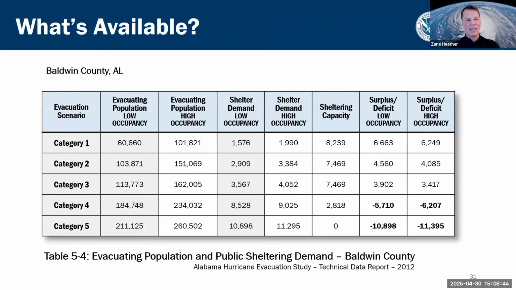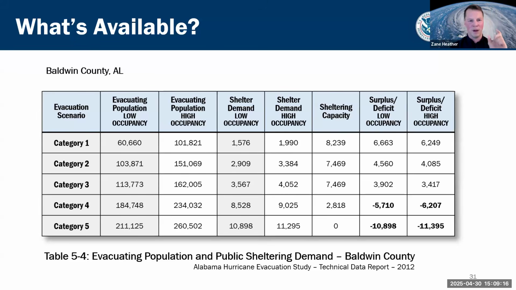And as you can see, it gives different scenarios for sheltering based off storm category, which is the columns. And then up at the top on that top row, different planning assumptions for shelter need. And so you've got low occupancy, high occupancy for both sheltering demand and supply. And you can see where those two things meet up in the final two columns. So again, based off the storm scenario, category 1 through 5 on the left, and then a crosswalk between different evacuation scenarios, both with